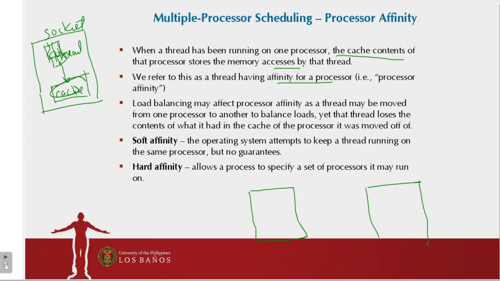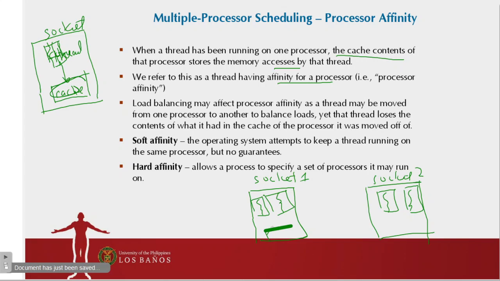We have these two sockets. So socket 1, socket 2, then we have hardware thread 1, let's say 2 hardware threads, and if this thread, for example, is running on this socket, the data it uses in its execution will be